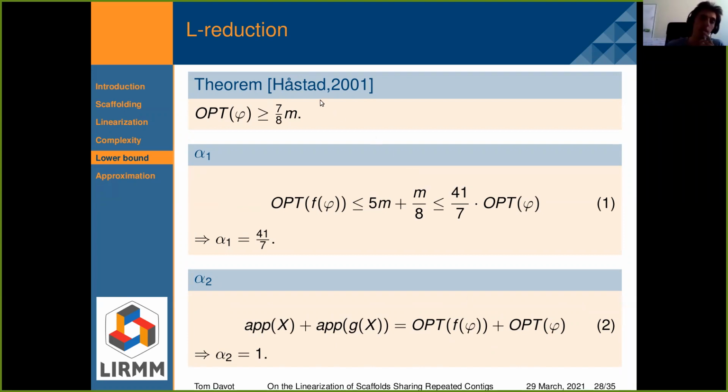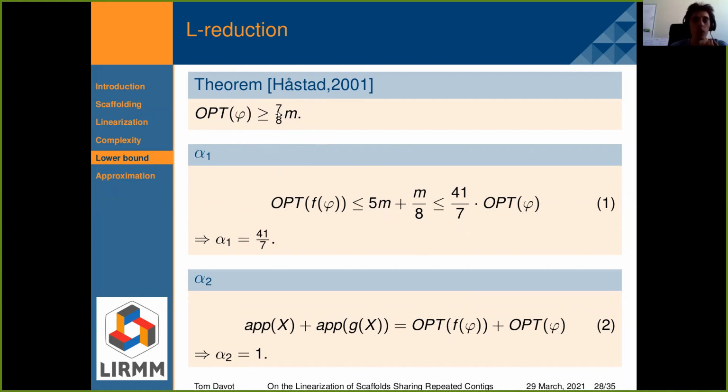So we know that in a 3SAT formula, we have at least 7 of 8 clauses that are satisfied. And so we use that to compute alpha 1. So we have 5m cuts, which corresponds to the number of cuts that are necessary if the formula is satisfied. And we have to add 1 extra cut per unsatisfied clause.